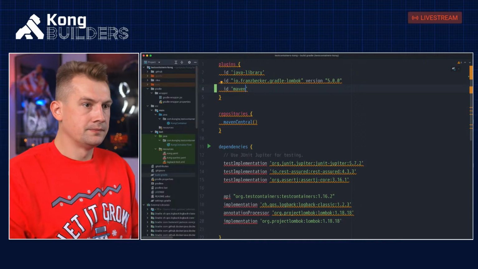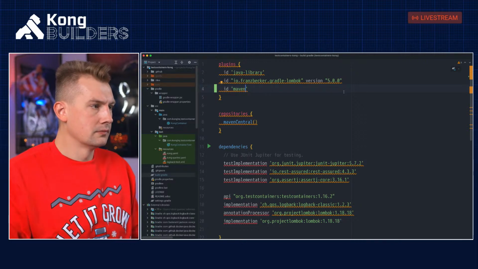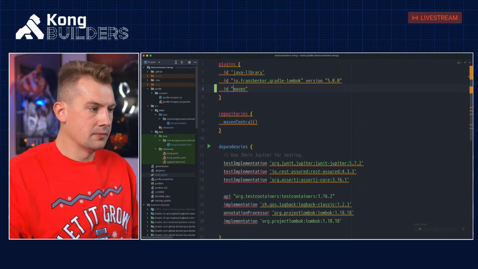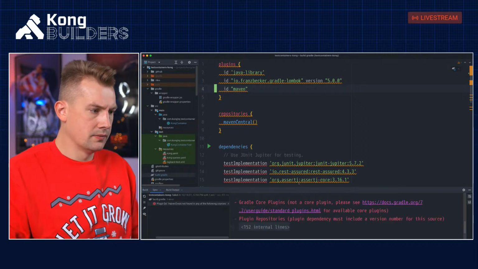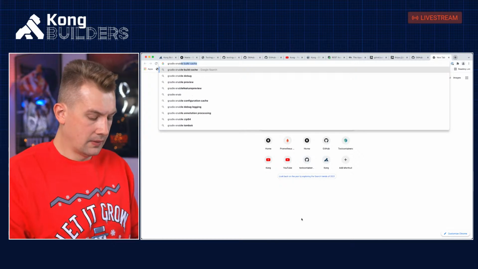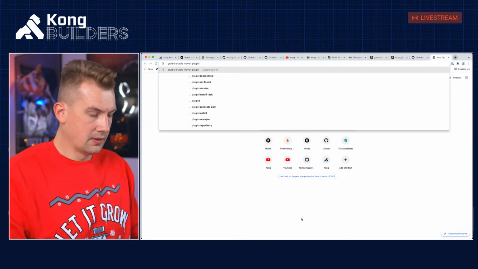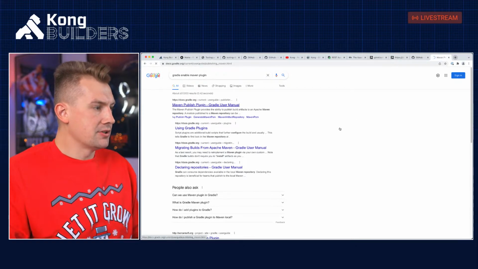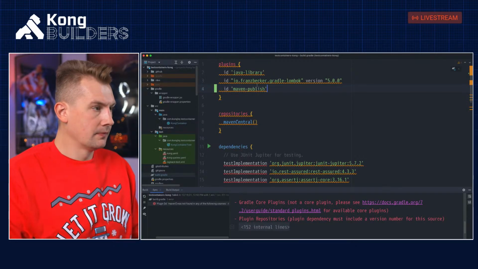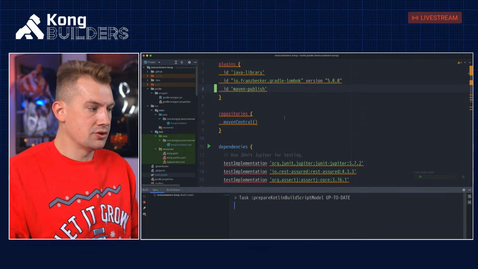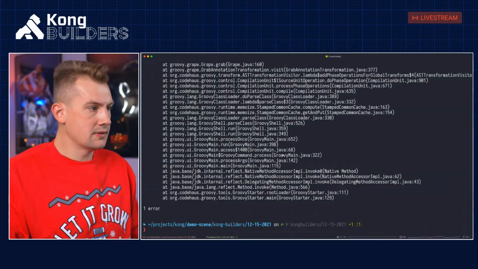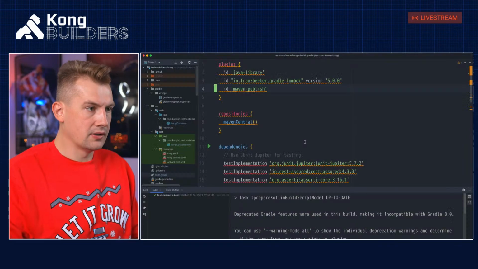I will use Maven, which is another plugin. So enable Gradle, enable Maven plugin. Maven Publish. It's called Maven Publish. It's not the Maven. It's called Maven Publish. So in order to use this, in order to generate the correct metadata, it will be published into a repository, and I should be able to do stuff like